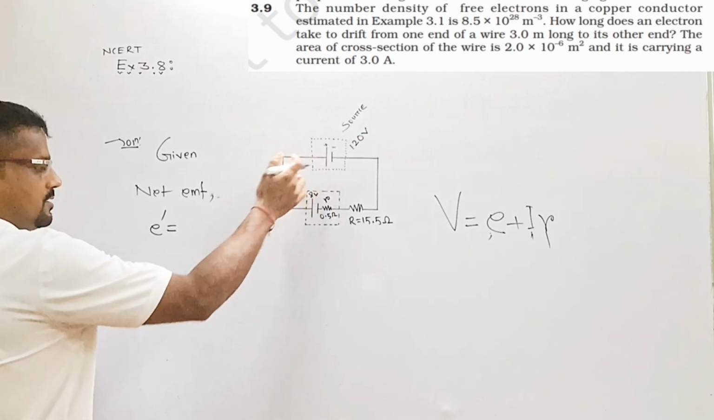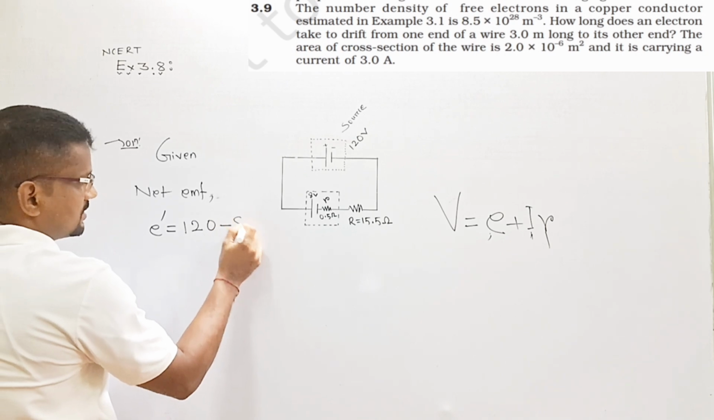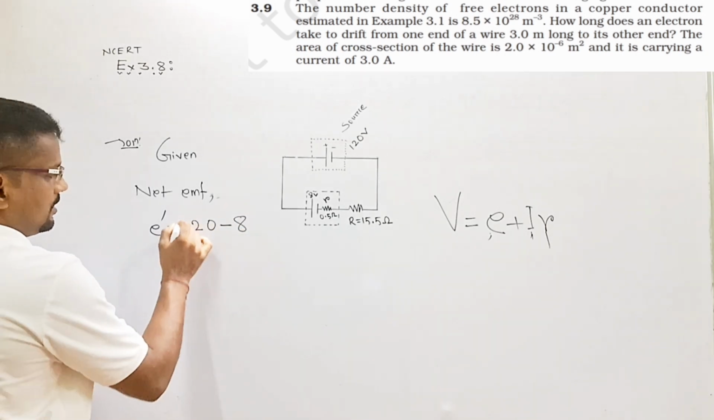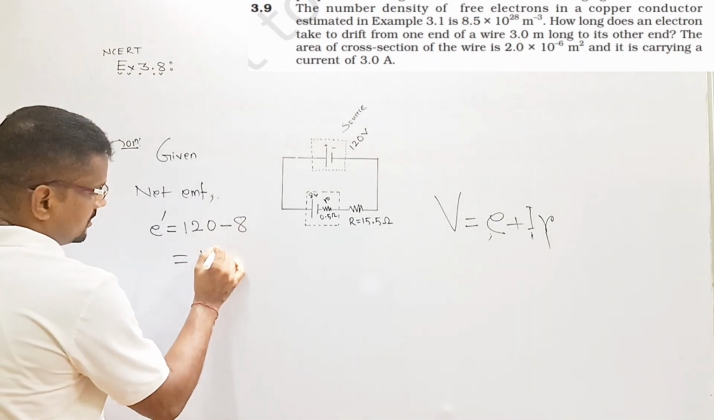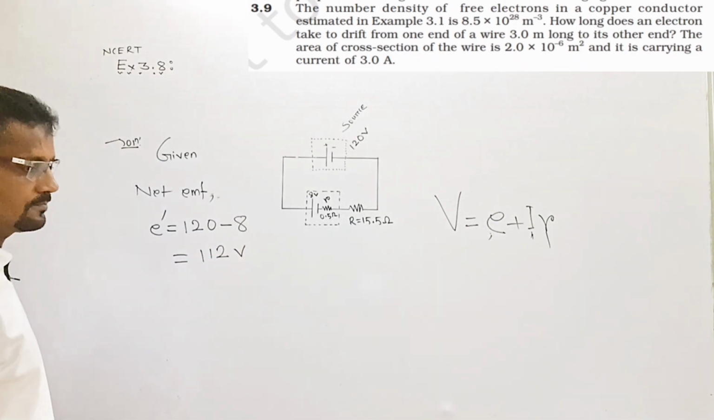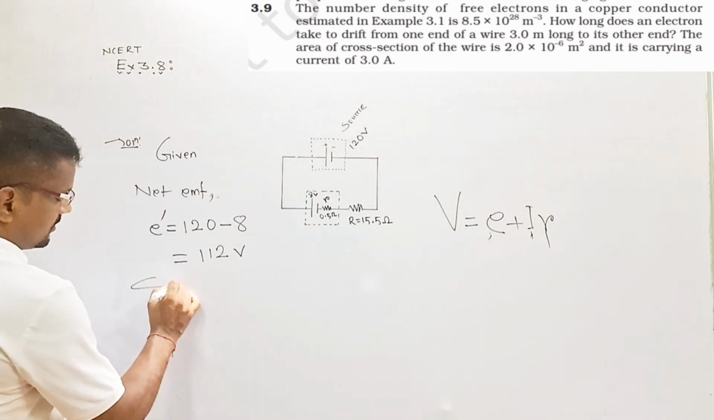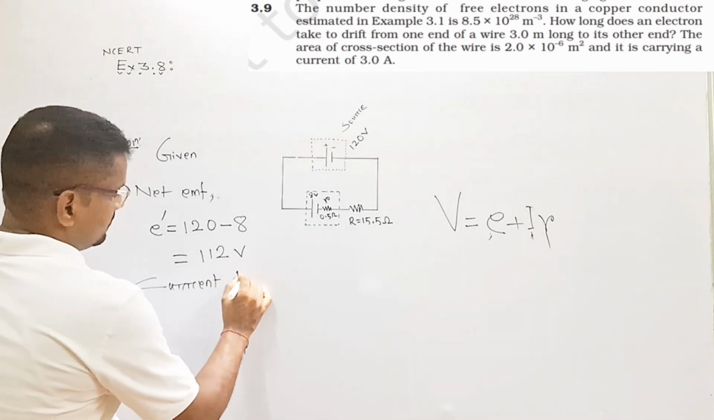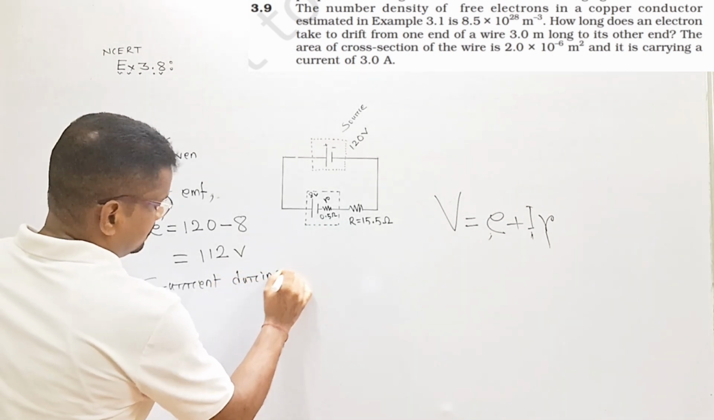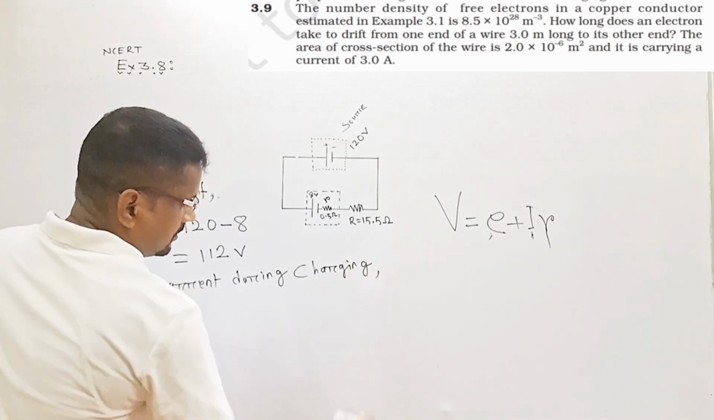So that means your effective EMF will be 120 minus 8, that is 112 volt. This is the value of E dash. Now let us calculate current during charging. So current